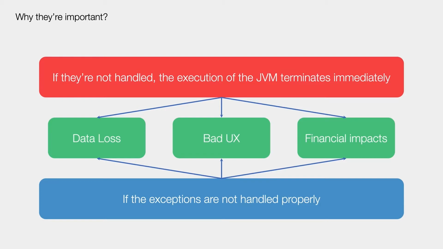Now let's jump into a really important aspect that we should know, which is the exception types. In the Java library, the exceptions are modeled as a hierarchy of classes. And it's really important to know how they are actually connected to each other. Of course, we're not going to dive into each exception class because there are hundreds, but at the top of that hierarchy there are some classes that we should be aware of. For example, the Throwable class, which is the base class for all the exceptions.